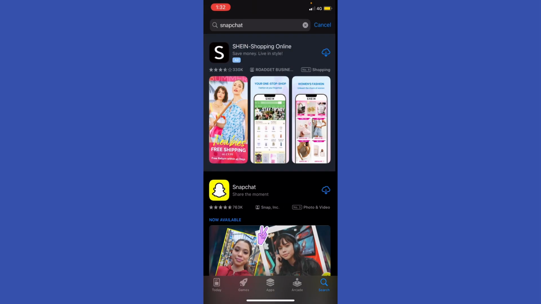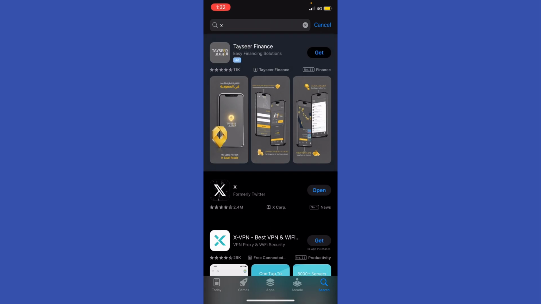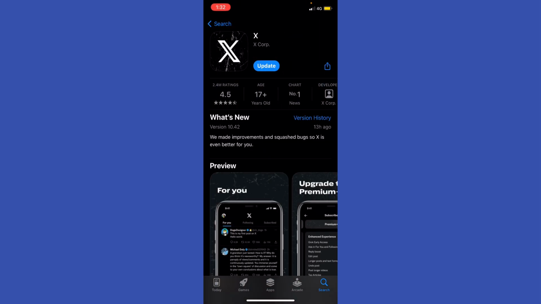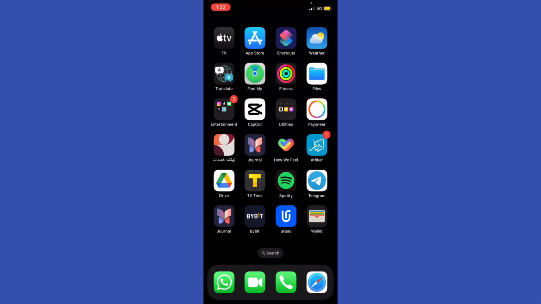So first of all, go ahead to your App Store or Google Play and type right here X or Twitter, and double check if your Twitter app needs to be updated. As you can see, there is a newest update coming, so please just go ahead and update it. Now I'm going to go back to my screen to quickly demonstrate how it's